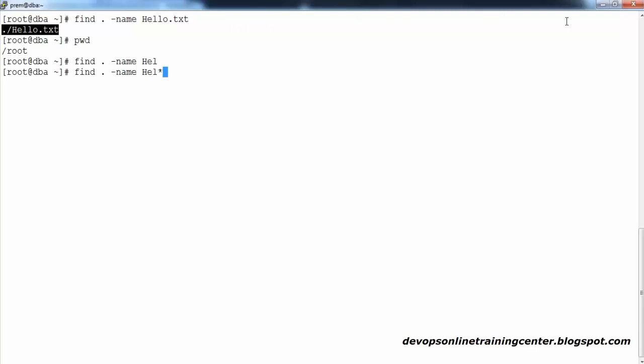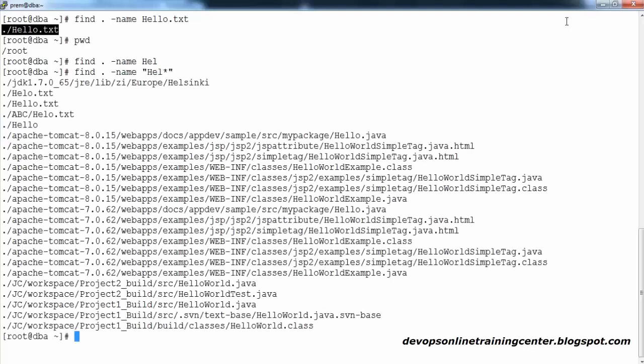If you make use of a star, star represents that after HCL it can be anything, so find all those files. Whenever you are using wildcard characters, please make sure you keep that string in double quotes. Now look at this, all these files will have HCL for sure. If you want, you can check it out. So this is a kind of wildcard search, right?